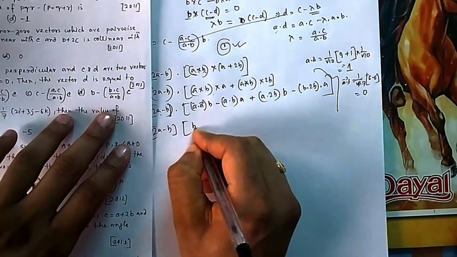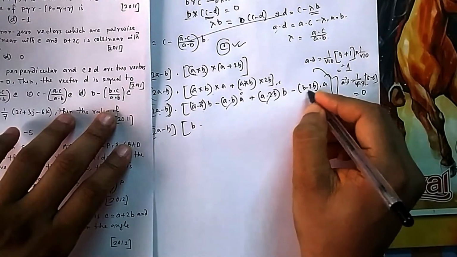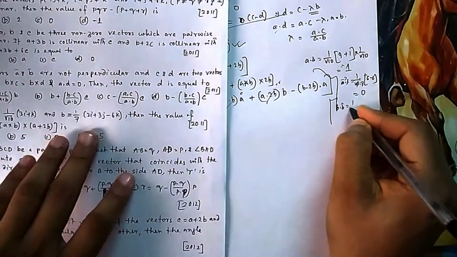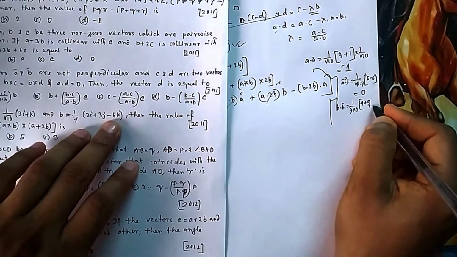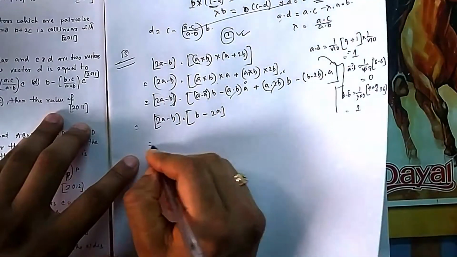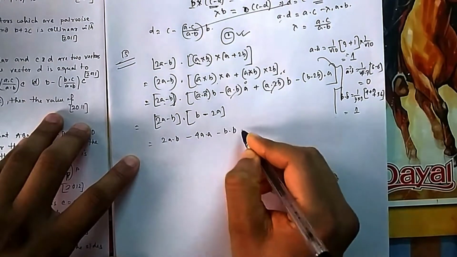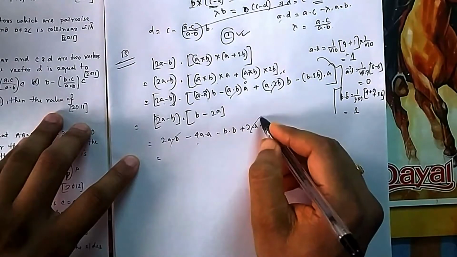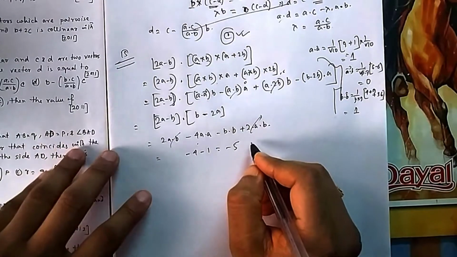So put all these values. So it will be B, 0, 0, and this is B dot B. Okay, again B dot B is required, that we have not calculated yet. B dot B will be equal to 1 by 7 into 7, and here it will be 2 2s are 4, 3 3s are 9, then 36, 49, again this is 1, so it will be minus 2A. So again you open it, it will be 2A dot B minus 4A dot A minus B dot B plus 2A dot B. So A dot B, you know A dot B is 0, so this is 0, so it will be minus 4 into minus 1, that is your minus 5. That is your option D.